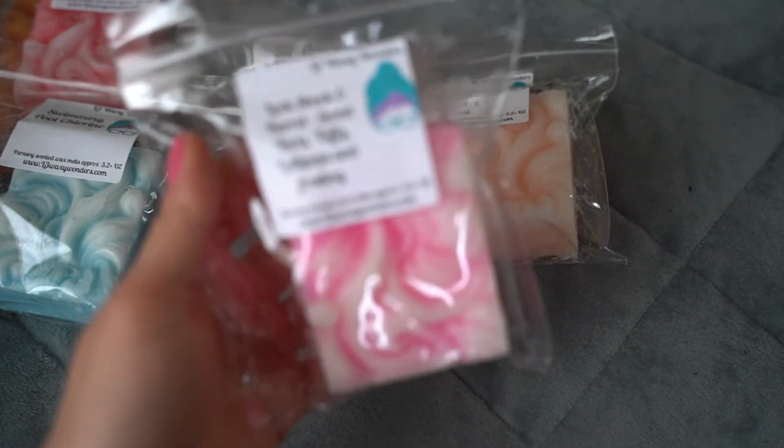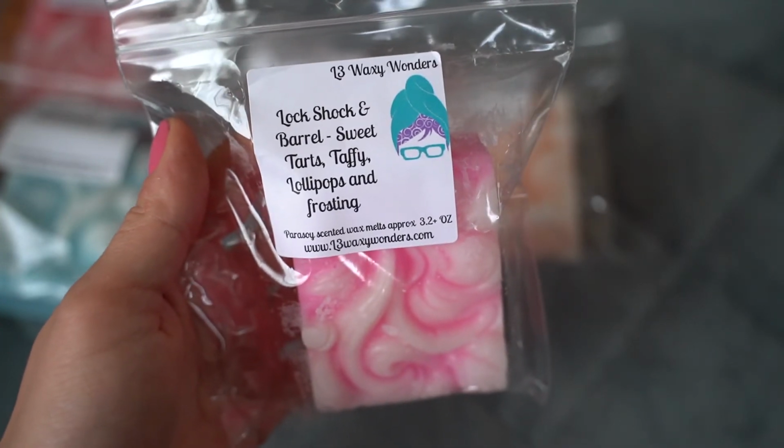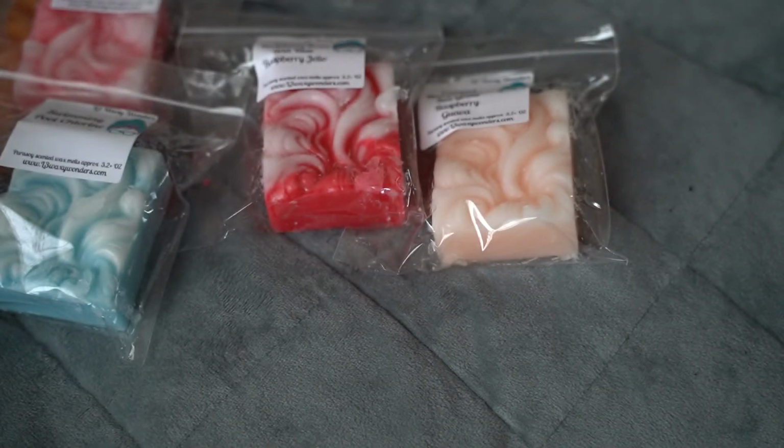Okay, so this one here is Lock, Shock, and Barrel, which is sweet tarts, taffy, lollipops, and frosting. I love that this pink color really goes with that fun kind of scent. I think this is such a fun, bright candy type of scent. To me, I'm picking up the sweet tarts first, the lollipops second, the frosting third, and then a little bit of that taffy,